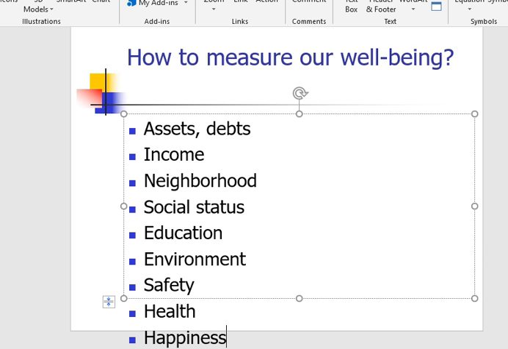And they are also easily quantifiable. That means we can easily put a number to it. For example, income. Easily measurable, easily quantifiable. You get your paycheck, that's your income. But on this list, you can also see that there are things that are not so easily quantifiable. To make it worse, there are things that are not so well defined. For example, happiness.